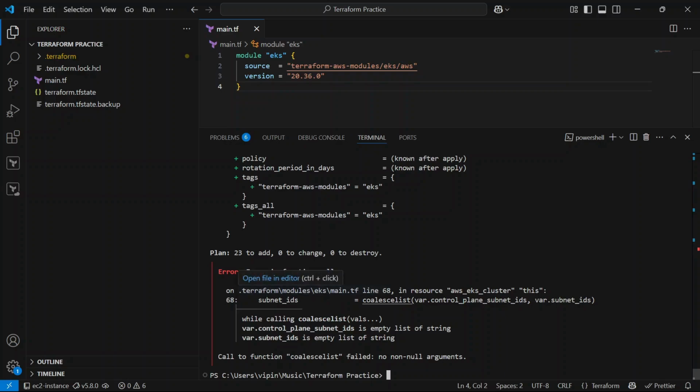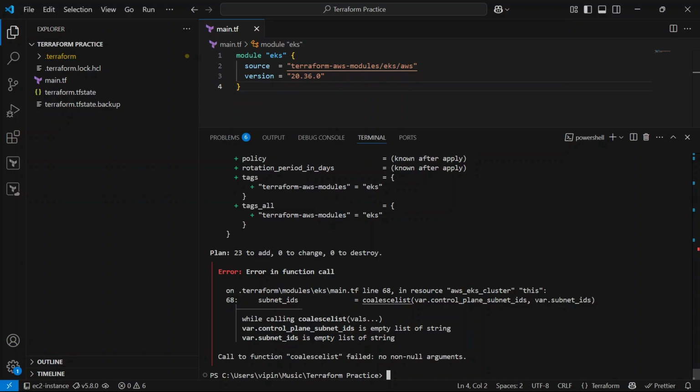As you can see here, module EKS, subnet_ids, the call to the function failed: var.control_plane_subnet_ids is an empty list of string, var.subnet_ids is an empty list of string, and the function returned null arguments. So it is expecting user input from you, that's why it's not able to create the EKS cluster for you.